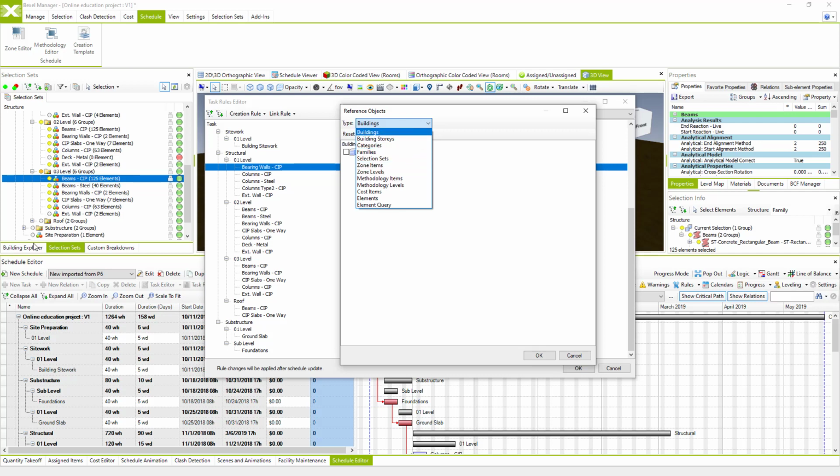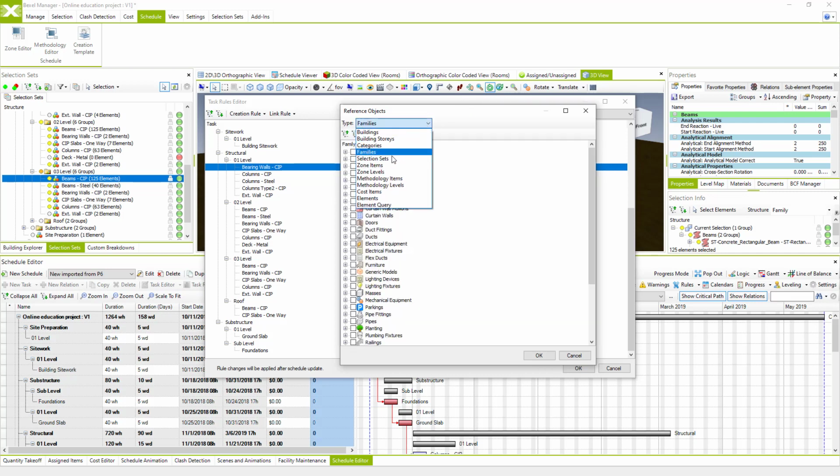And I've explained this when I explained Building Explorer and the custom breakdowns in the first sessions. So this is a system-based segregation based on the buildings, stories, categories, and the types of your BIM model elements. And of course we have selection sets